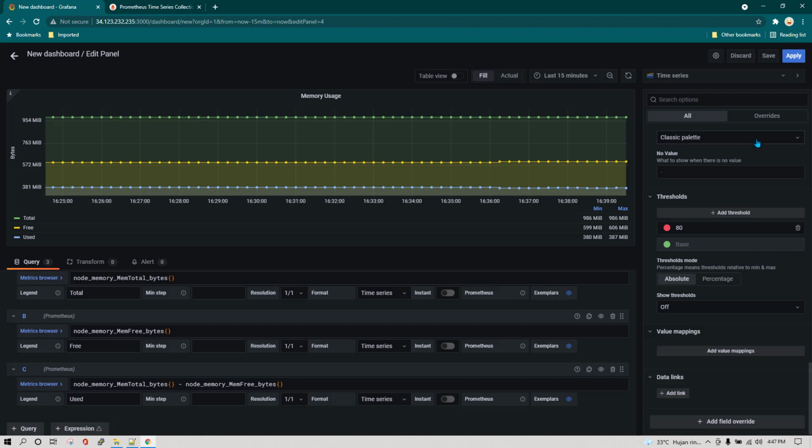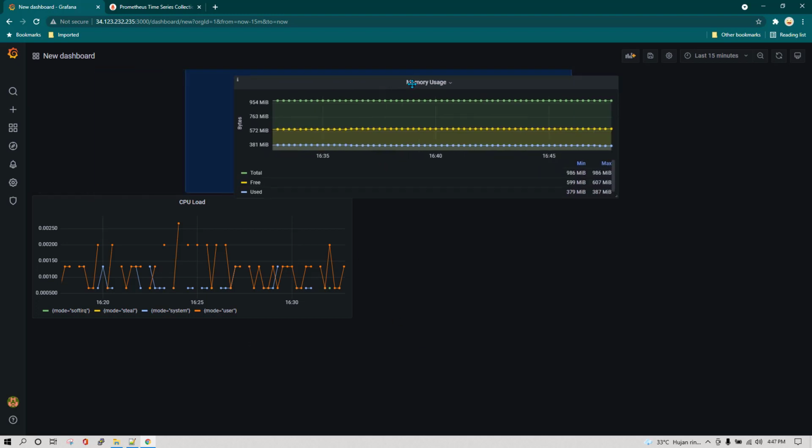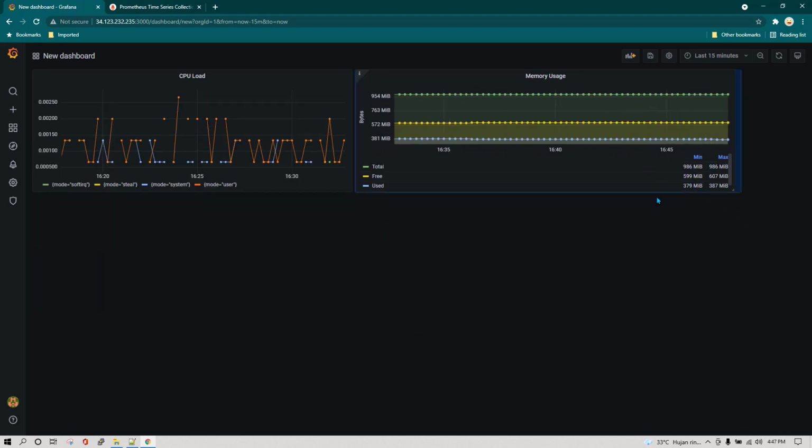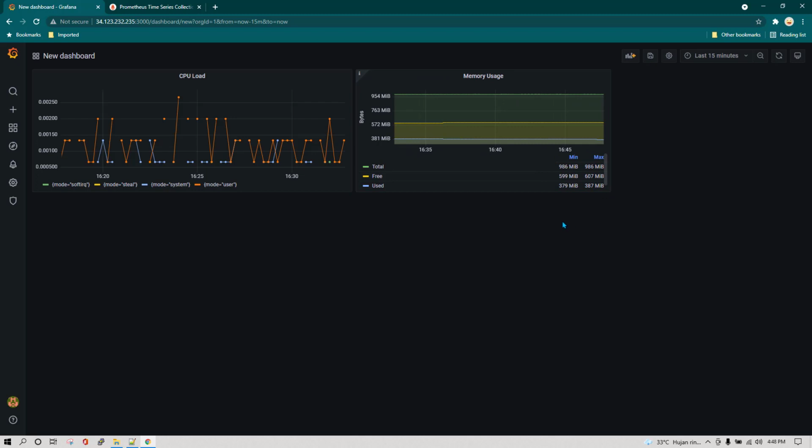Now that's all in this lesson, and now we can click on apply, we can save it, and this is how it is going to look like. Now as I told you that a dashboard is only combination of panels, so you can just move this panel and you can adjust it. Okay, you can align it, you can resize, you can play around with these panels. So you can set it based on whatever way you like.